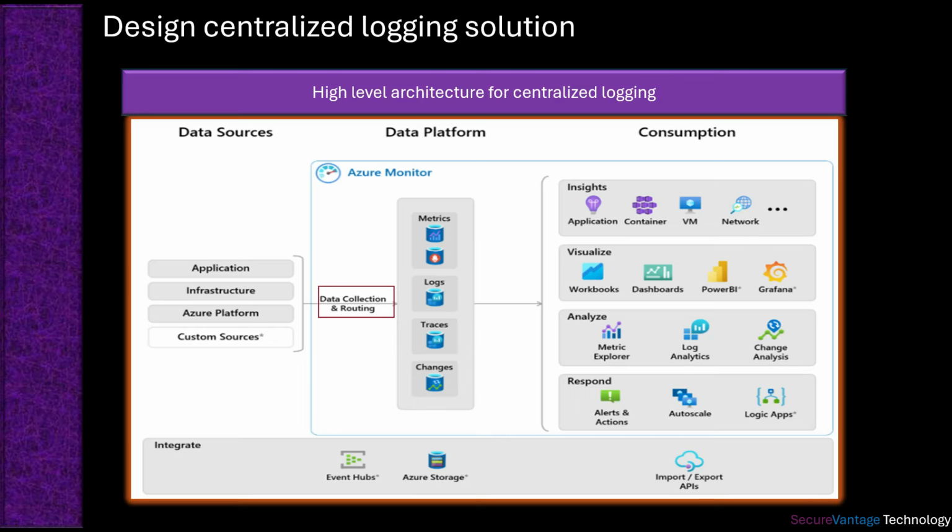Direct data routing means platform metrics are sent automatically to Azure Monitor metrics by default and without configuration. Diagnostic settings are configurations that determine what data is collected from Azure services and how it is routed to various destinations such as Log Analytics Workspace, Azure Storage Accounts, or Event Hubs. Data collection rules are used to specify what data should be collected, how to transform that data, and where to